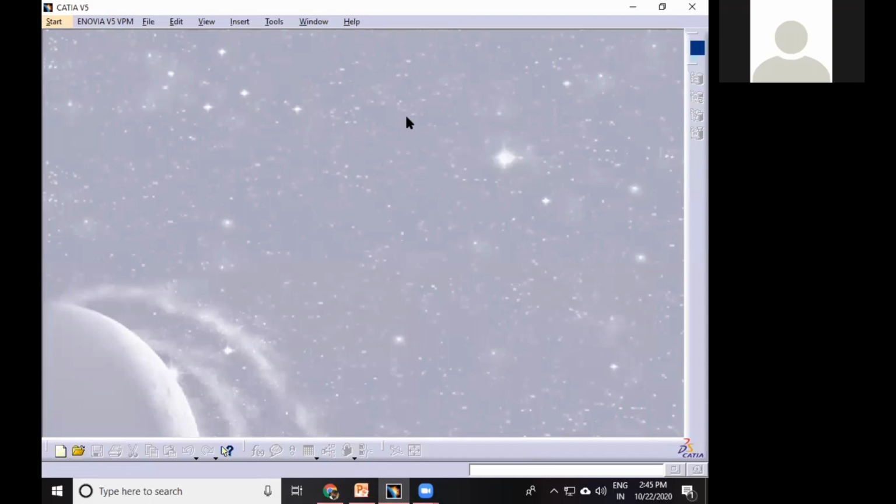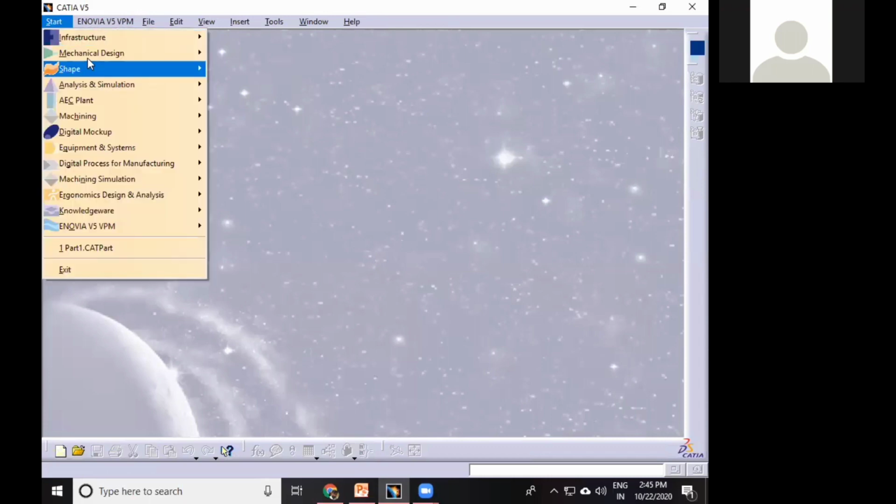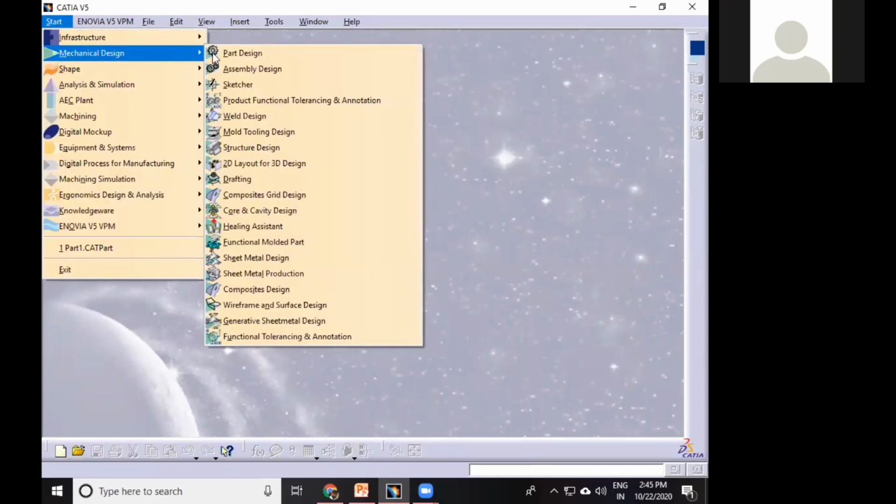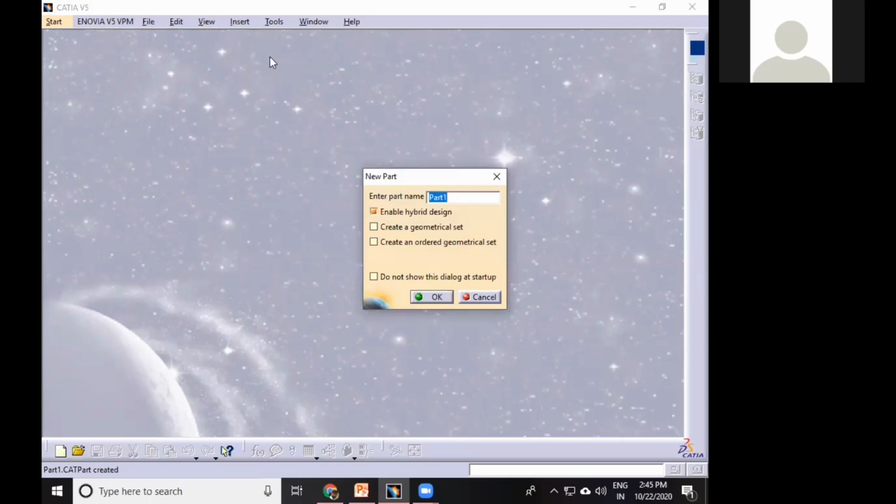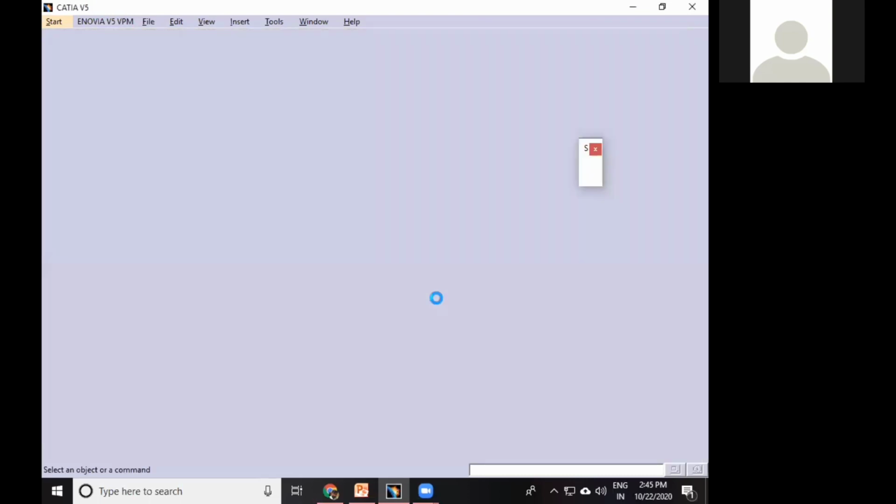When we are going to draw in CATIA software version 5, when you click on this icon, this window will open. Okay, then first start, then mechanical design, and then part design. In that, a new part window will open. Click on OK.